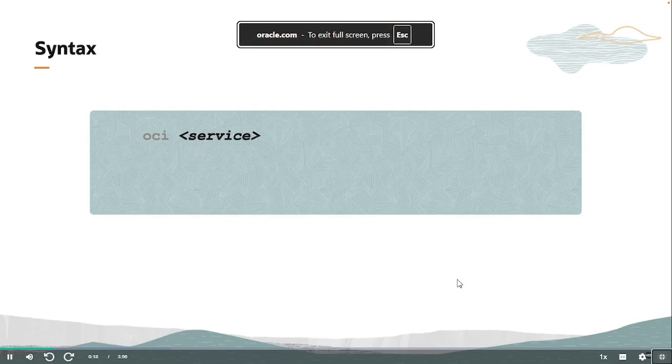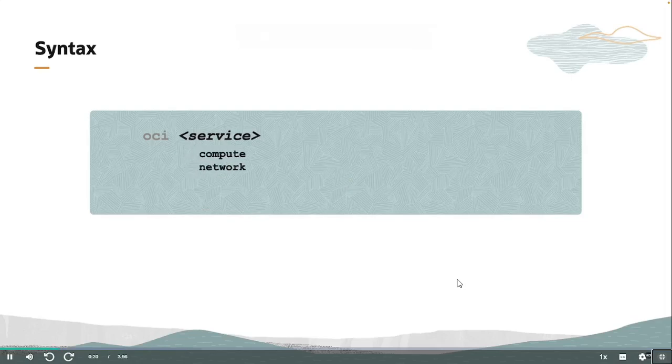You have to tell it what service you want to talk to. For example, you could choose compute, network, or database, to name just a few. To figure out what keyword to use for which service, you'll have to either look at the documentation or use the command OCI -h. Once you specify the service, you need to tell it what resource type you want to interact